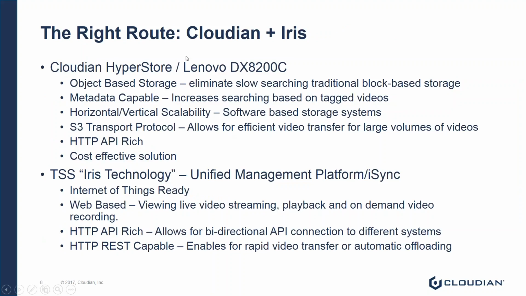So I think I've gone through this pretty well already. So Cloudian, again, is object-based storage, metadata capable, scalable, S3 transport, HTTP API rich, and cost-effective. Cost-effective is actually interesting because you can look at upfront cost or maintenance cost. With the Cloudian solution, we actually reduced our maintenance cost and also programming cost, because everything is stored in a